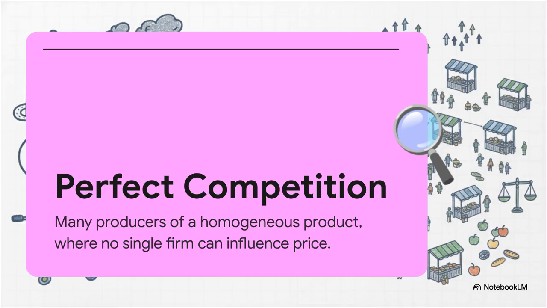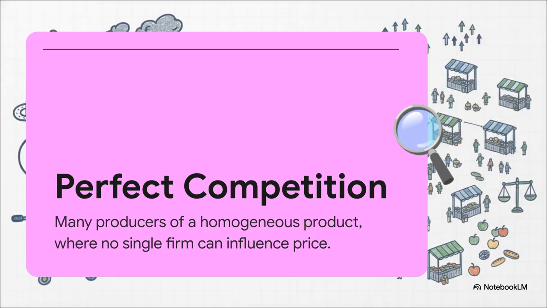This is a market structure with a massive, almost uncountable number of producers. And what exactly are they producing? A perfectly homogeneous product. That word homogeneous is absolutely crucial here. It literally means the products are completely indistinguishable from one another. Agricultural commodities like wheat or rice are your classic examples. A grain of wheat from farmer A is totally identical to a grain of wheat from farmer B.